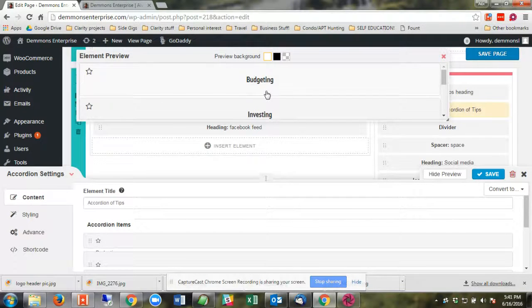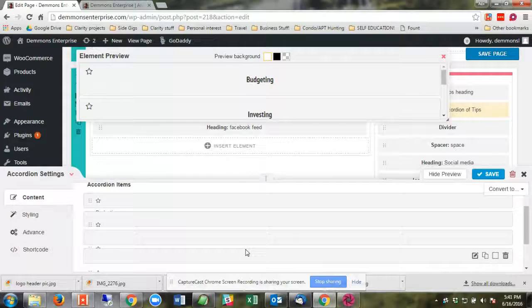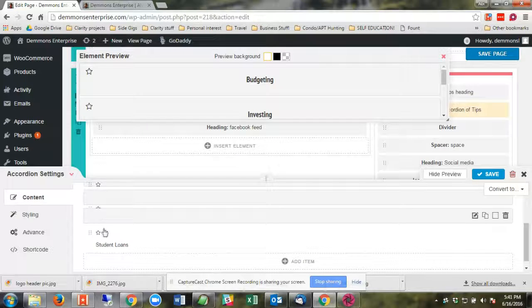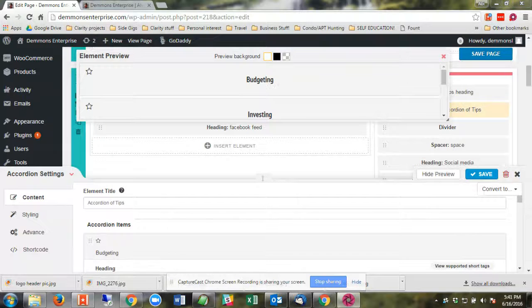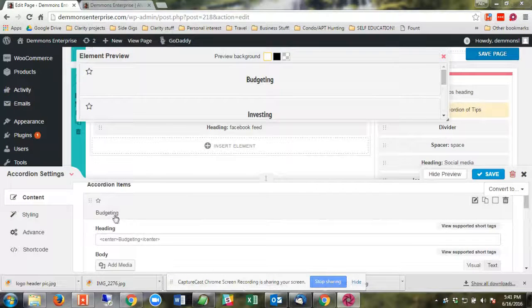And then you can see the preview up here. So what you do is for the first tab, you'd go ahead and go to the right for the first one. There's the star icons next to each one. So you click over here to the right, click on the edit button,